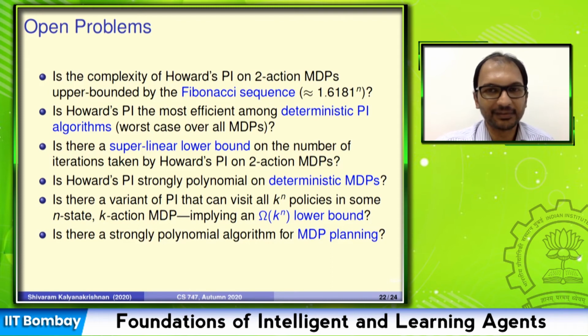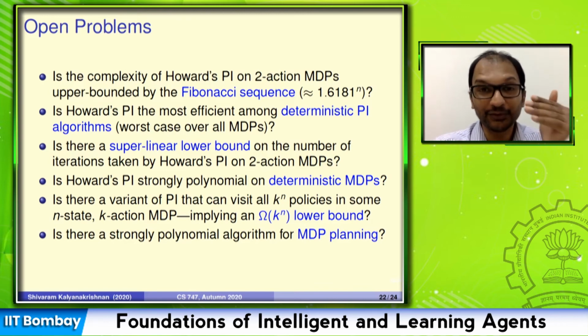Okay, it's a problem that has not yielded much progress so far. Again, right, Howard's policy iteration, by all counts, if you actually implement this and see, you will find that Howard's is almost always preferable to any other variant of policy iteration. All right, although the results that we have are not saying that, right? So we have batch switching policy iteration, for which we have shown an upper bound of 1.64 something to the n. If you run that version of batch switching policy iteration, comparing with Howard on a typical MDP that you encounter, you'll find Howard doing much, much, much better, right?